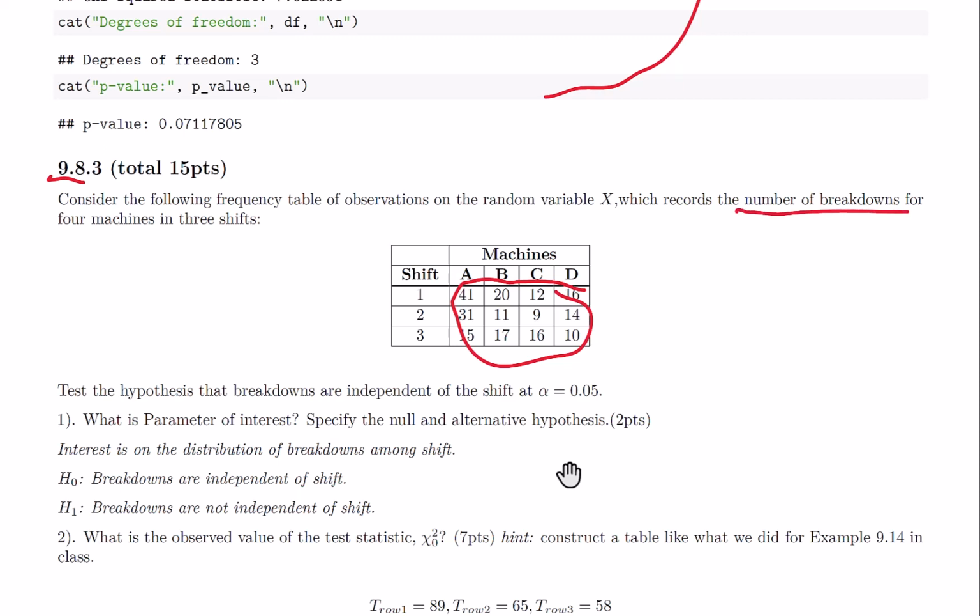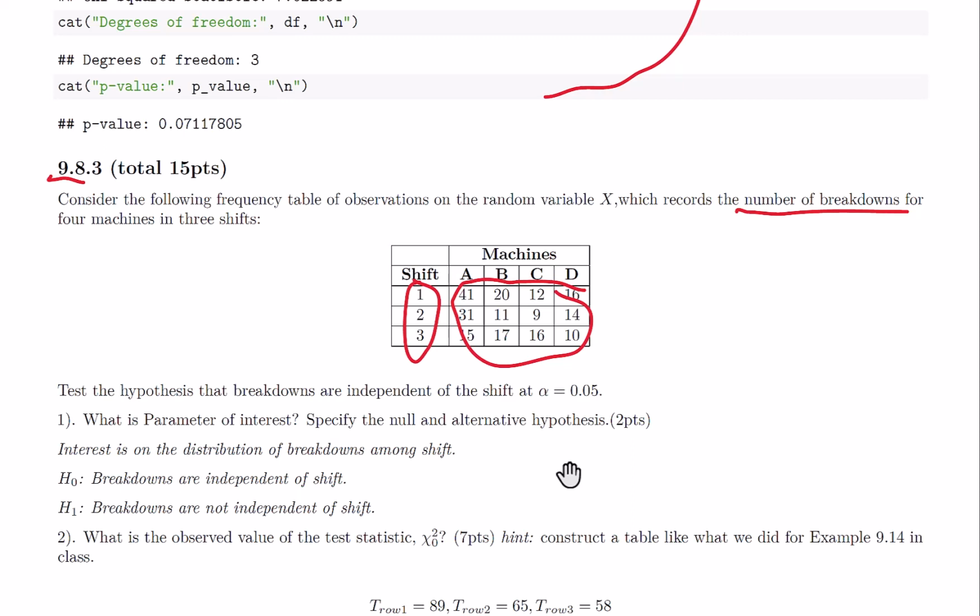But these breakdowns could be categorized in two ways, right? Either by shift 1, 2, 3, or by the four machines A, B, C, D. Now we want to know whether these two types of criteria are associated with each other. What does that mean? We want to know whether the shift will cause different numbers of